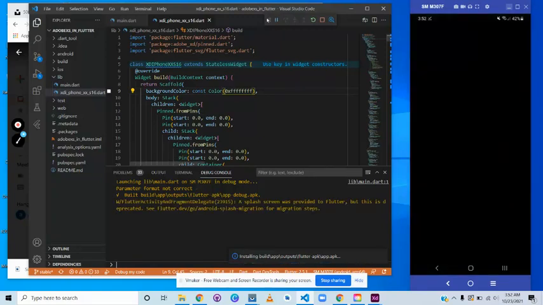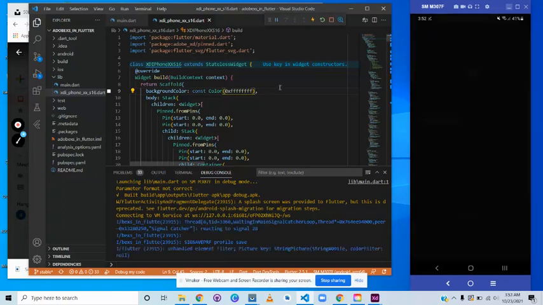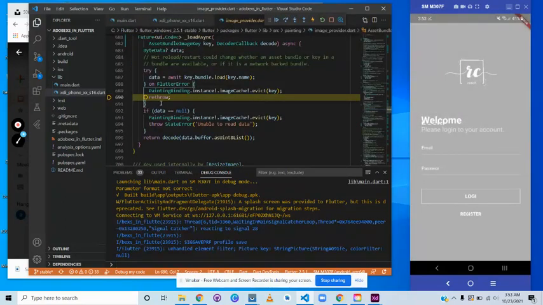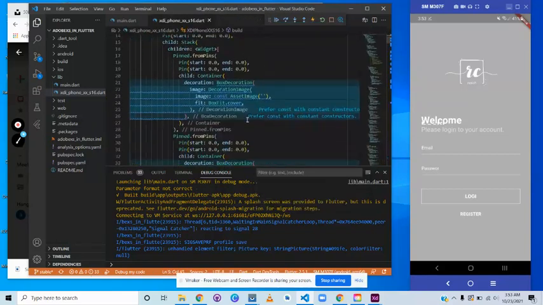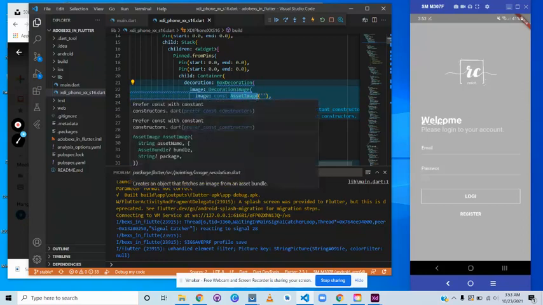As we see, the APK is already built, and the error we are getting is about an asset image. We have specified the image, but we haven't provided an actual image for it.